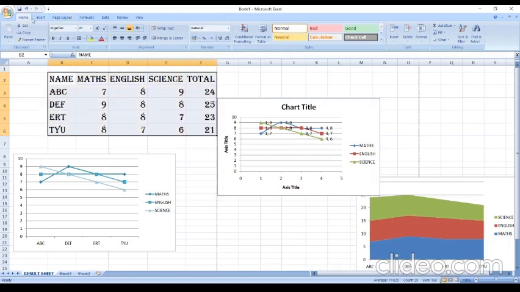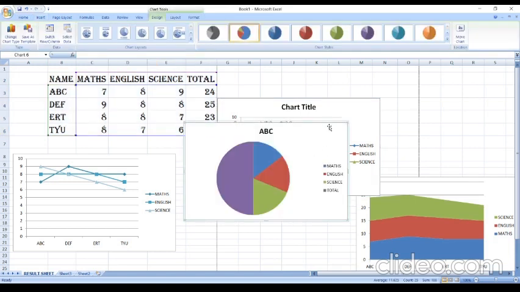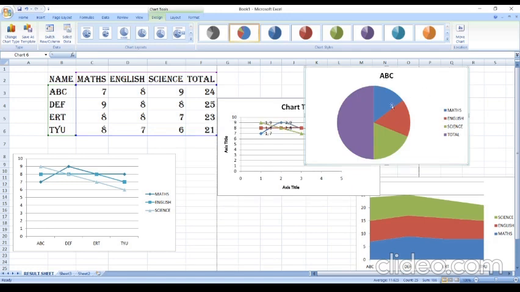Select the data, go to insert, and other pie chart, whichever way you want to show it will show you. This much portion is for math, total, this is science, this is English. I don't want science, it is English. I don't want English. So this way you can see it is 3 parts and this is a total.